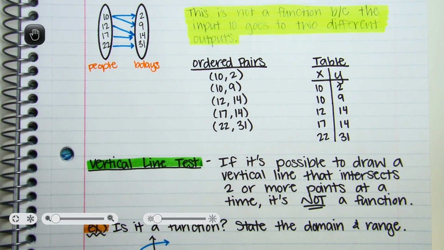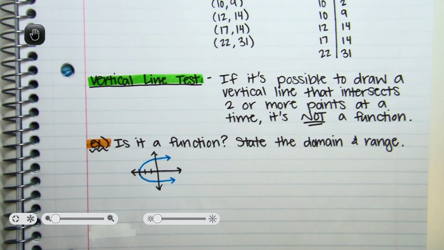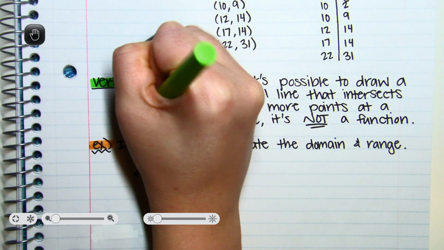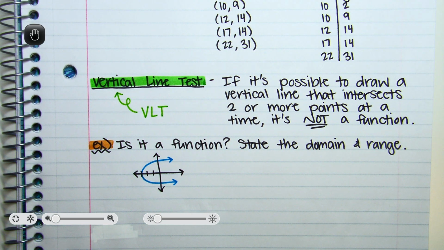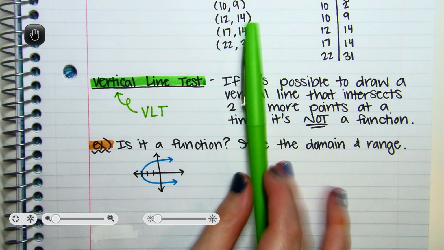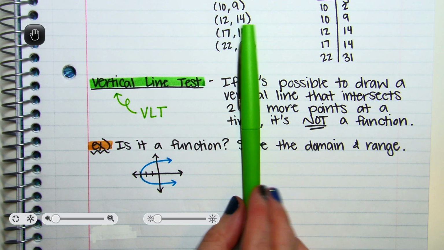All right, let's look now at something called a vertical line test. So this is a pretty nifty tool. The vertical line test, also referred to as the VLT, says, if it's possible to draw a vertical line, remember that's this direction,